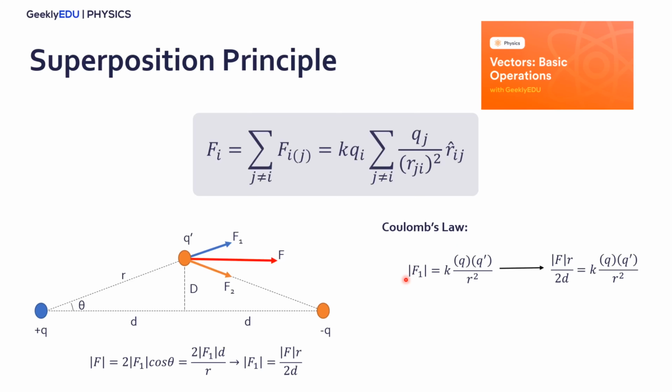We know that F1 equals this, and we can isolate F, the modulus of F, to find its value. We can also express the same thing in terms of small d and capital D. Remember, this is a right triangle, so applying the Pythagorean theorem, we have this expression here, the final expression